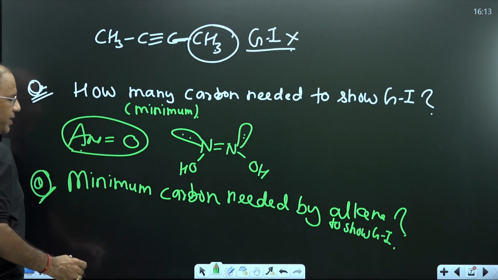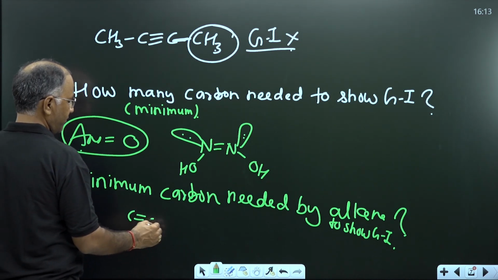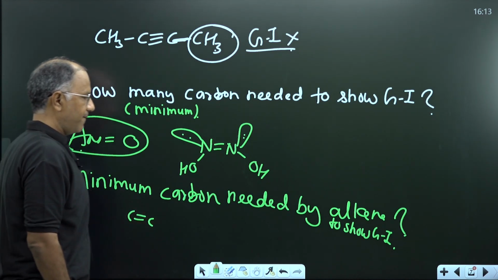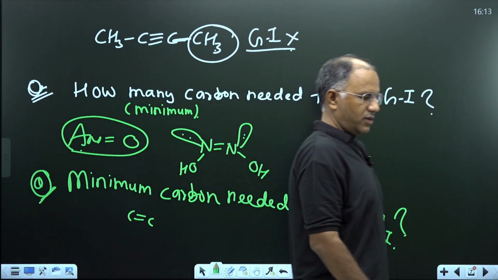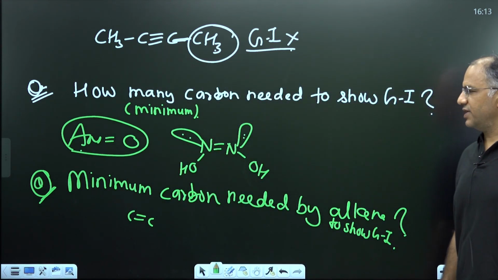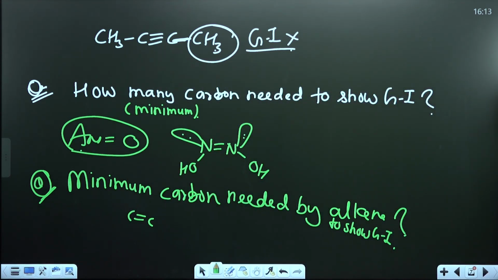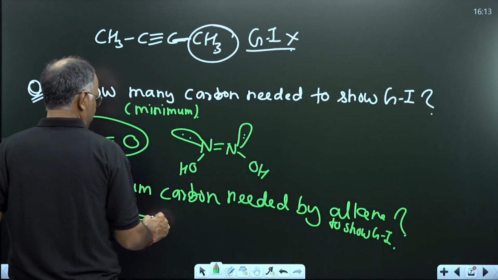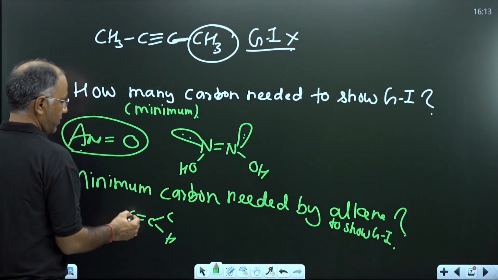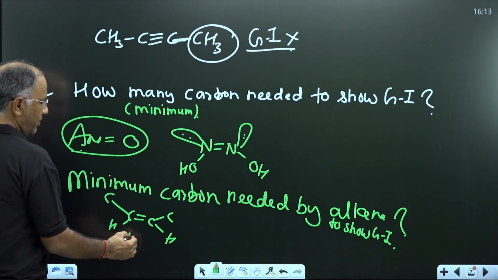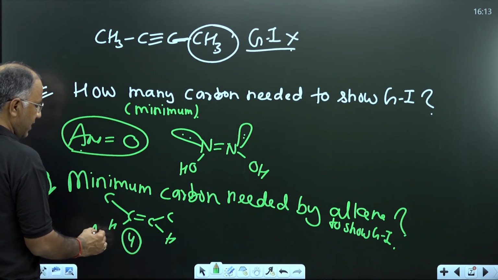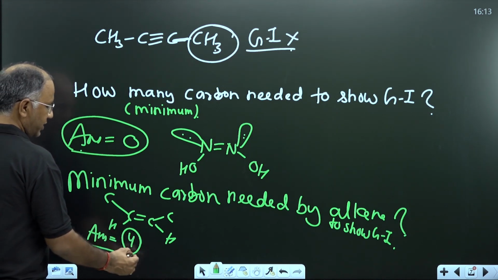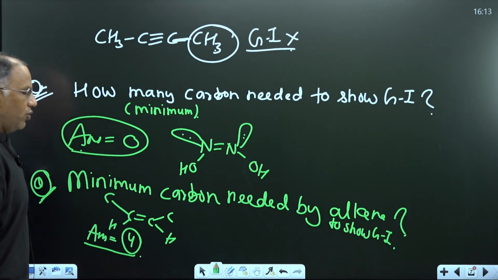What is your answer? Which is the lowest alkene which can show GI? The answer is 4. A minimum of 4 carbons is needed by an alkene to show GI, or we can say that the lowest alkene which can